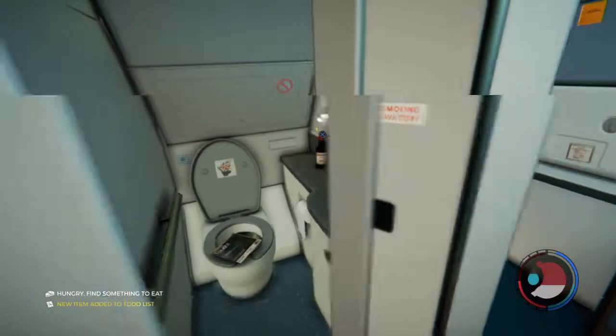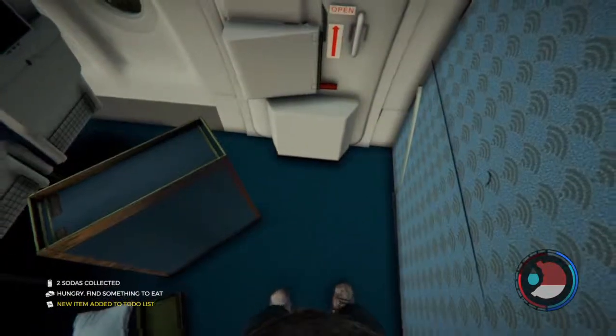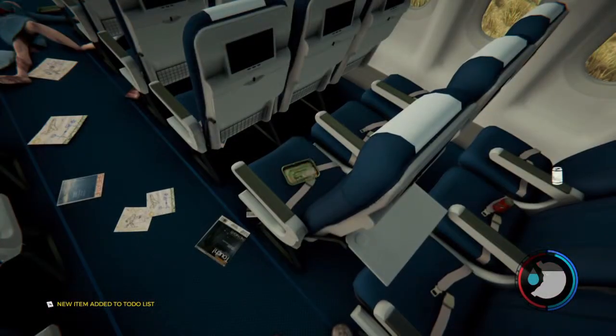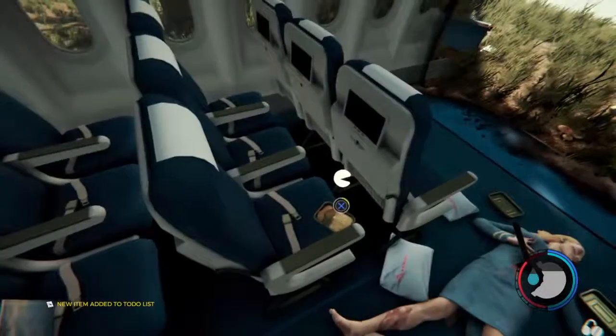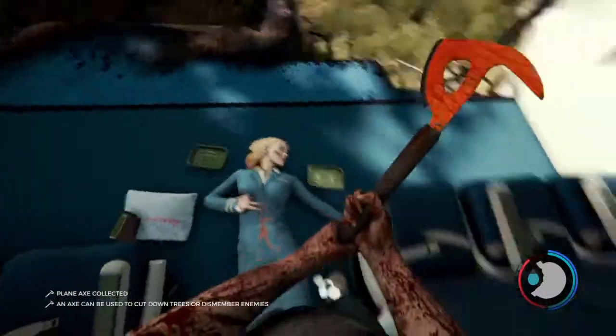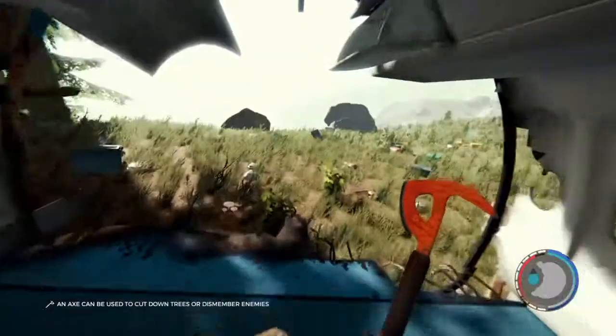Passenger manifest, I don't know what that's for, but pick it up anyway. Some more drinks, which will come in handy. Let's see, got some more food here, definitely needed. Last one. And then you got your axe here, which you automatically pick up if you're playing PlayStation. I don't know if it's like that on PC, but...